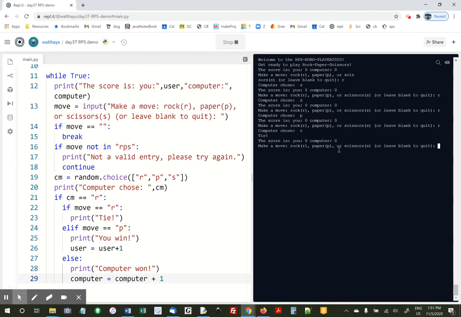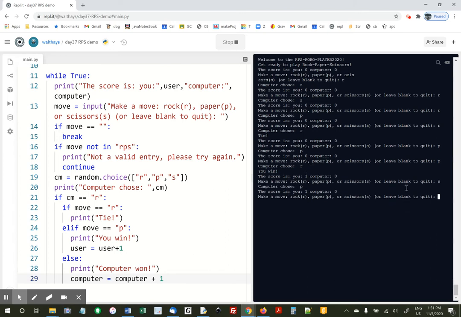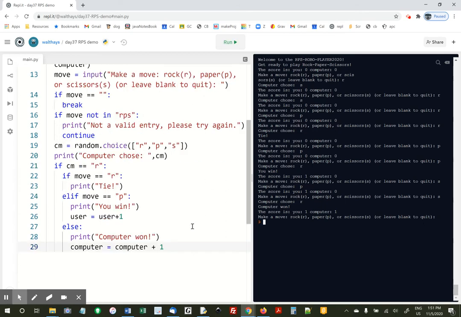Okay, now I'm going to try P over and over again until, see, computer chose R, you win, score is you won, computer 0, because I did paper. Okay, now I'm going to do S. I'm just doing it until I see the computer chose R, and then rock beats scissors. And then I'm going to hit enter, and it quits. All right, so this is great. This is working. And then I'm going to copy this whole block,